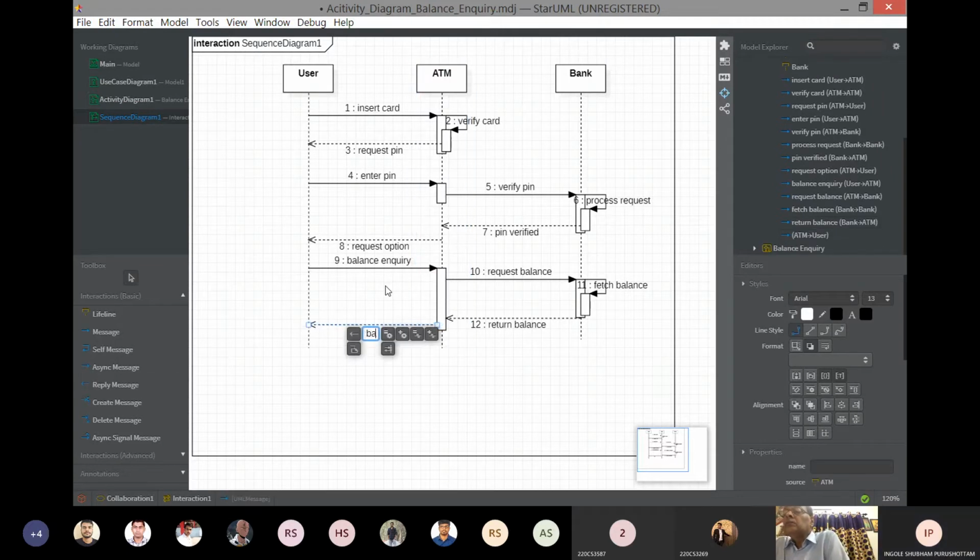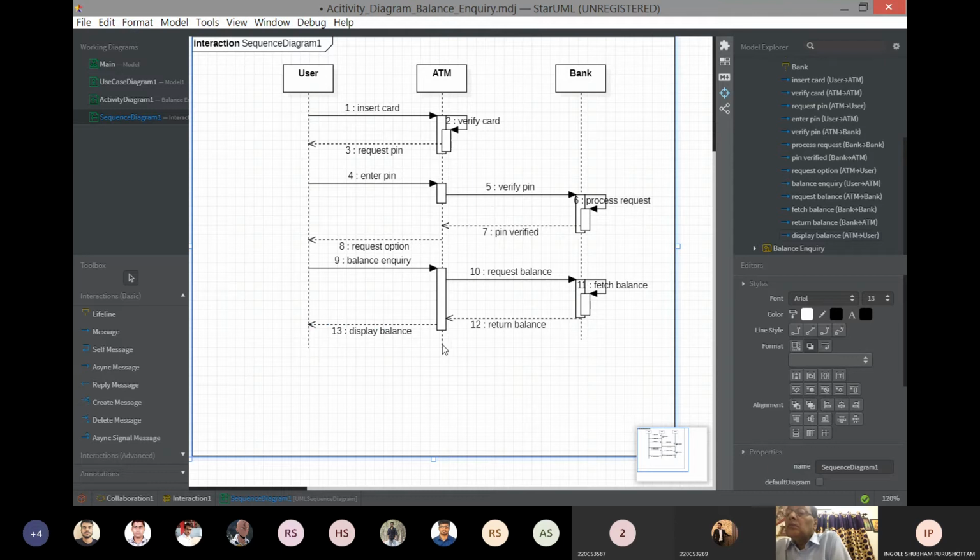Display balance. You can extend these lifelines if it is not sufficient. Also displaying the balance. Eject card.